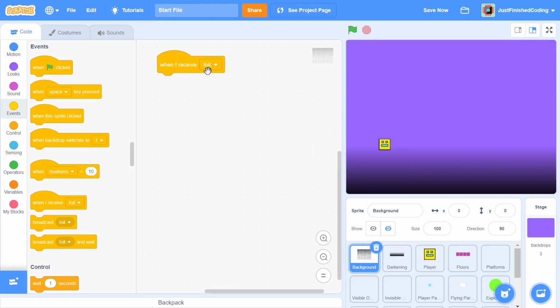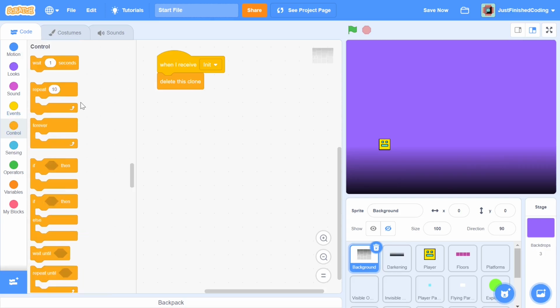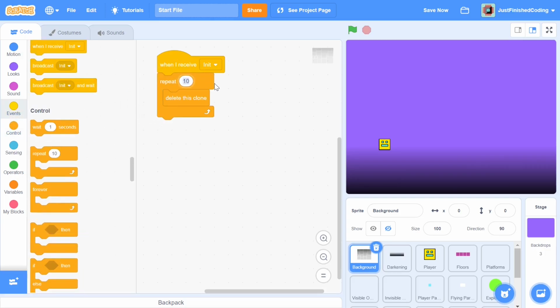Now let me tell you right here that when the game ends, let's just say when the player hits an obstacle, we'll be restarting the game, and at that point it's important to make sure that we're not creating the clones once again, or even if we are, we make sure that the existing clones are all deleted. So that's what we'll be doing now, and you can grab delete this clone from the control section. Now the problem with just doing it this way is that we can't continue this block of code because delete this clone is kind of an ender. So what we can do instead is grab a repeat 10 and just say repeat 1 instead, delete this clone, and then we can continue.